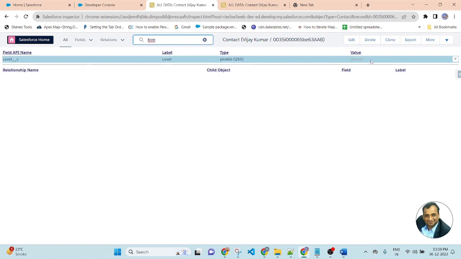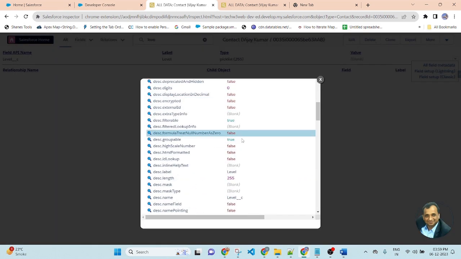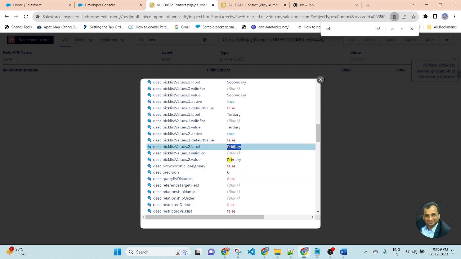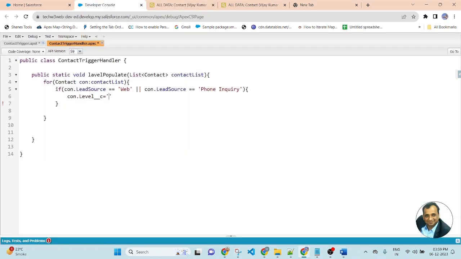This is a label. Label is a fixed value. So you can copy the field value from here. Primary. Copy the field value and paste here. Now save the file.